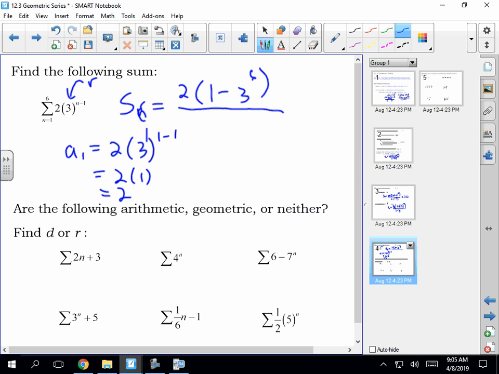Finding S sub 6 here, and then over 1 minus 3. So that's what the plug-in looks like. This should be S sub 6 here. So that's just translating it from summation or sigma notation into our S sub n series formula for a geometric series. Type all that in, you should get